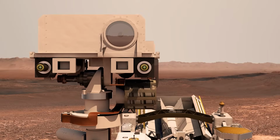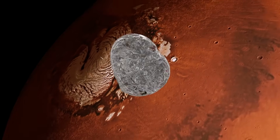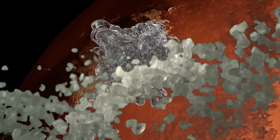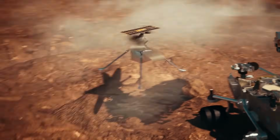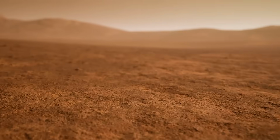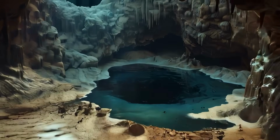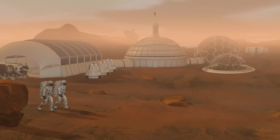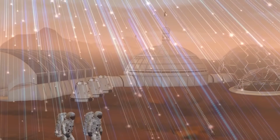Curiosity discovered potential evidence that there might be a large reservoir of liquid water beneath the south polar ice cap, probably very salty and full of different minerals. This high salinity is the reason why this water could remain liquid at temperatures well below freezing. It would be cool to have some sort of subsurface ocean to take a dip in, especially when these crazy Martian winds are raging on the surface. And it would be great to have something that would protect us from those insane radiation levels on the red